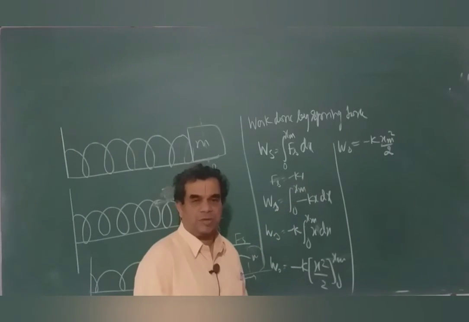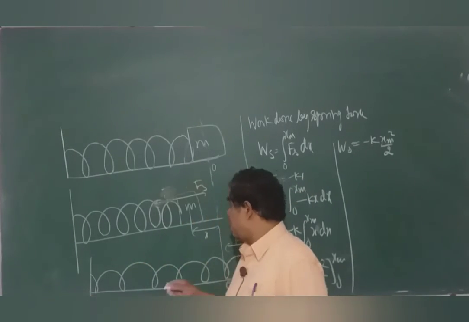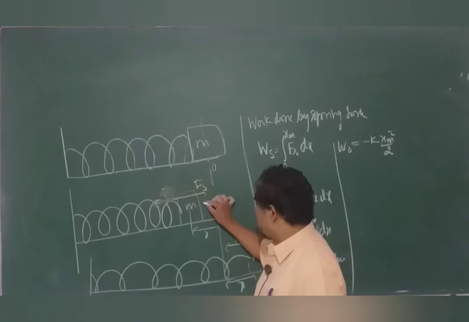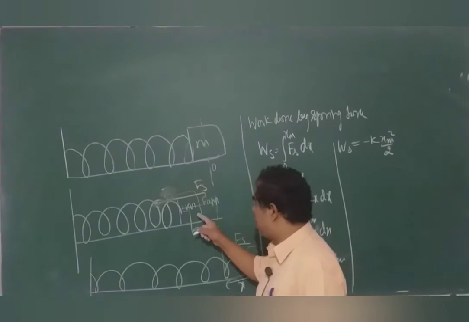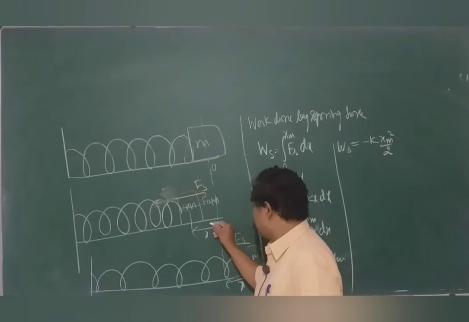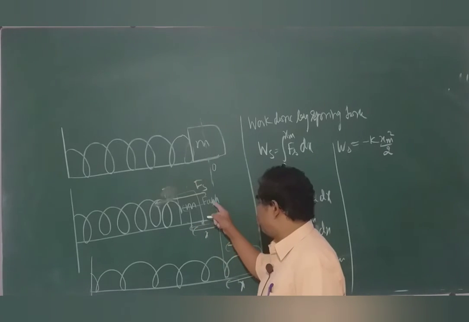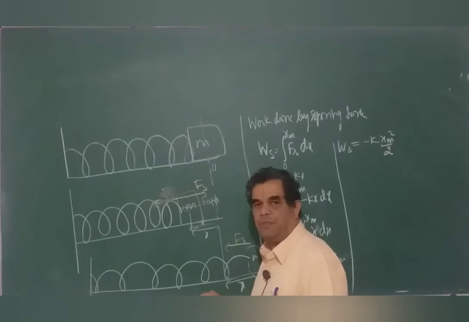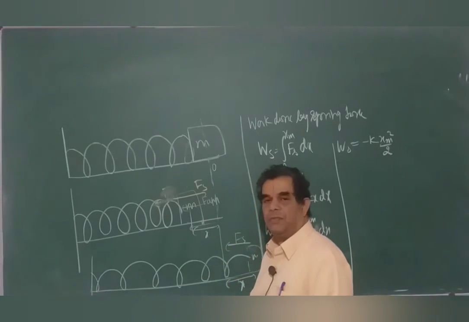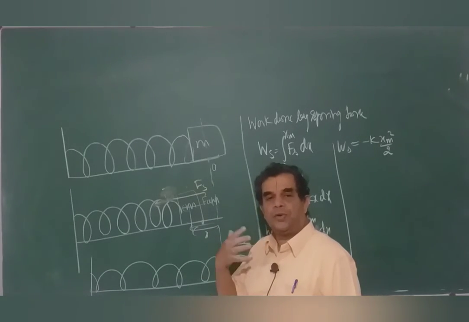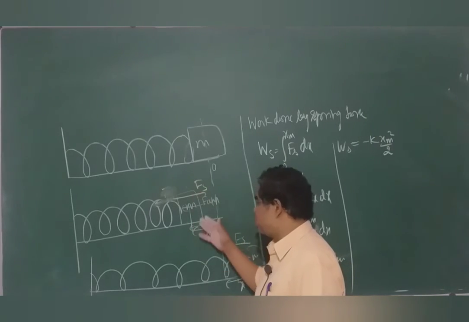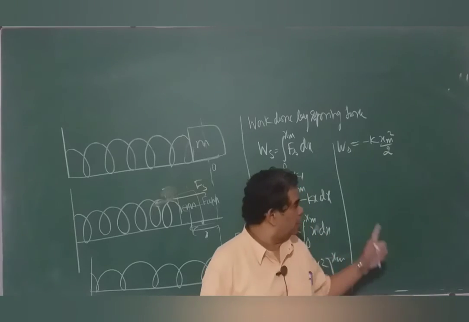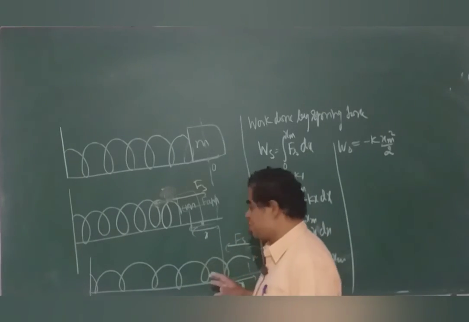What we do is positive work, because observe here. Once we are compressing, this is the force applied by us, F applied, which is equal to Fs at each and every moment in magnitude. And the displacement is in this way. Therefore, force and displacement are in the same direction. Therefore, we are doing positive work on the spring. But the spring force does negative work. That's why we are getting that. In the same manner, for expansion also, the same thing.